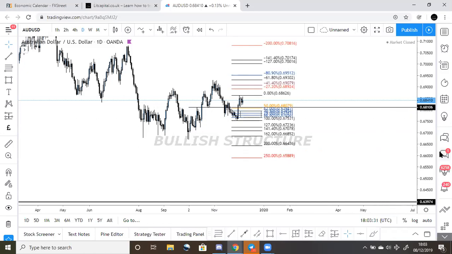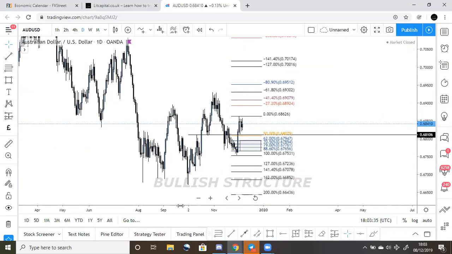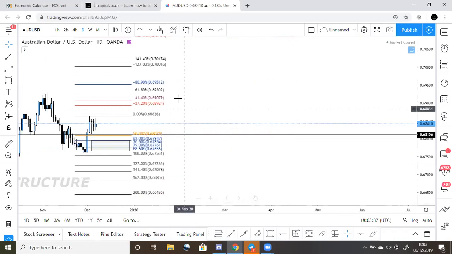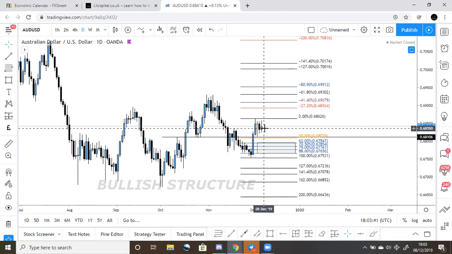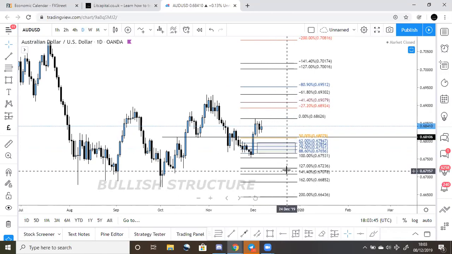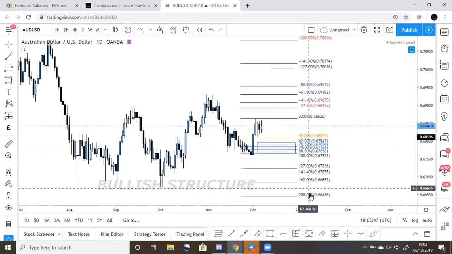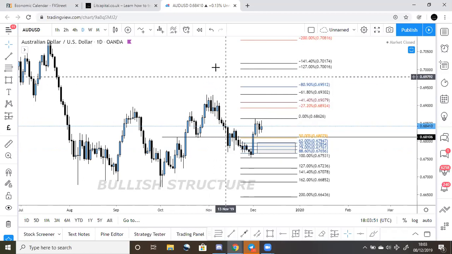So now we are waiting for the pullback. Personally, it may be too late. Price may not come back, and if that is the case, then so be it. But unless price comes beneath the 50%, anywhere near my kill zone area, I will not be looking to execute this trade. But it does look like a nice, lovely setup for a long buy, at least up into